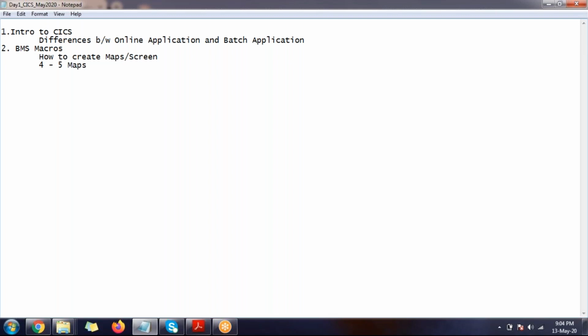One is a login map. The login screen will have the user ID and password, and then we will do validation with that. Then we are going to discuss a calculator map, where we type some operator, plus, minus, or any other operator symbol. We will discuss another calculator map with function keys.